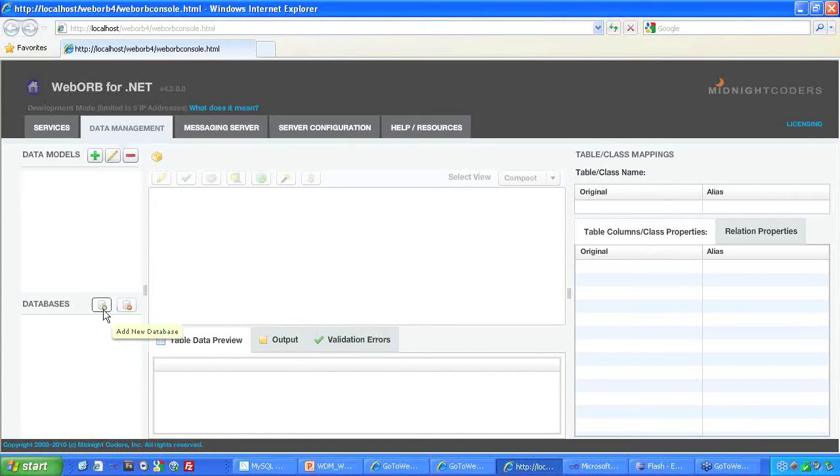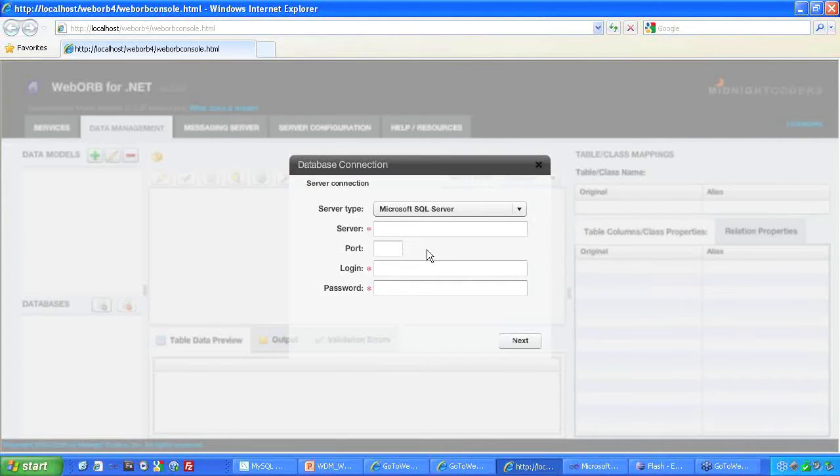We'll start by clicking on this button, which brings up the tooltip, Add New Database. Sounds about right. This is a Microsoft, or rather a MySQL database. The server is localhost. The login name is root. The password is